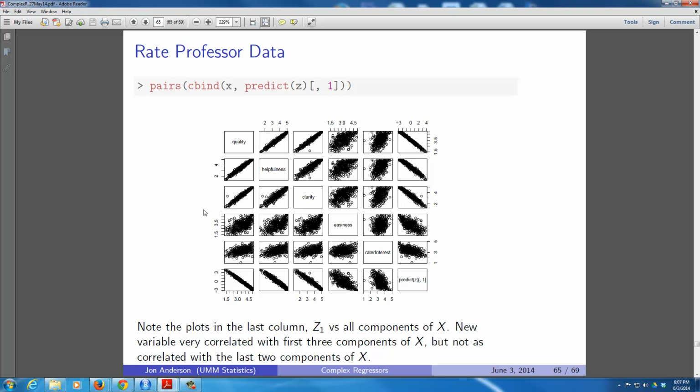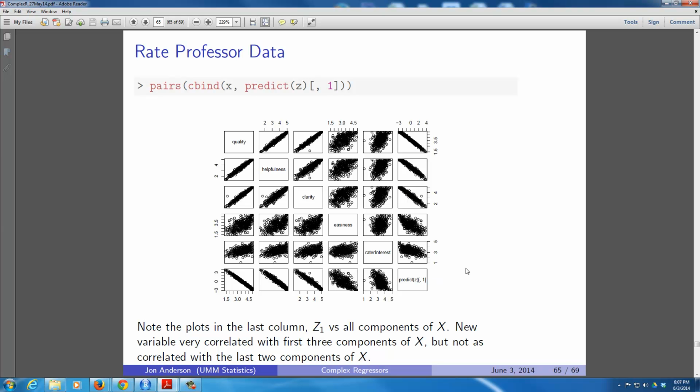To see this in action, I'll put the first Z1 variable into the scatterplot matrix so you can see what happens. That's this predict Z1, the first principal component variable. You'll notice it is almost a perfect surrogate for quality, helpfulness, and clarity. It's not nearly as related to easiness or rate or interest. So this new variable, Z1, would be used in the place of clarity, helpfulness, and quality, and we would simplify